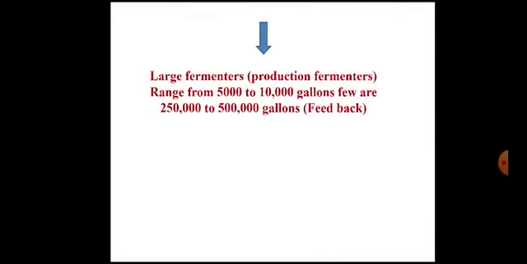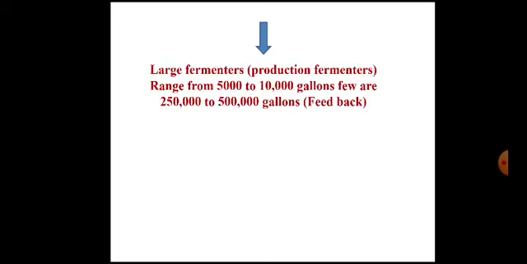Then comes the last level, that is the large scale. This is carried out in large scale fermenters, which are also called production fermenters. The capacity of production fermenters ranges from 5,000 to 10,000 gallons. A few are very big, 250,000 to 500,000 gallons. So the fermentation is carried out in a large scale fermenter employing the data obtained from the pilot plant level,